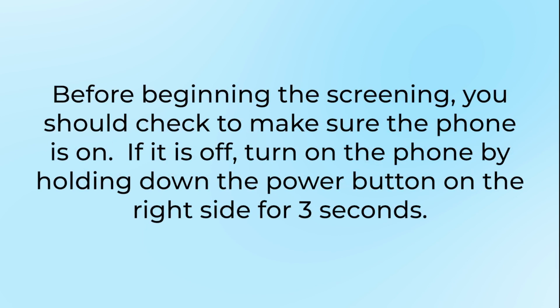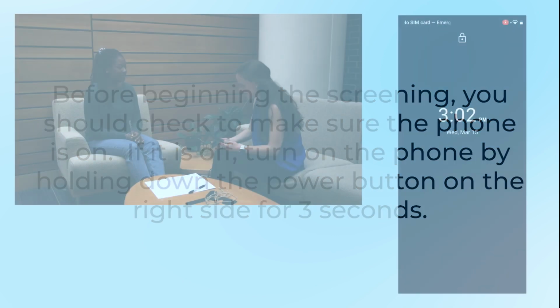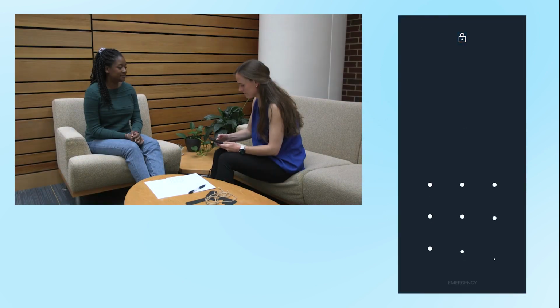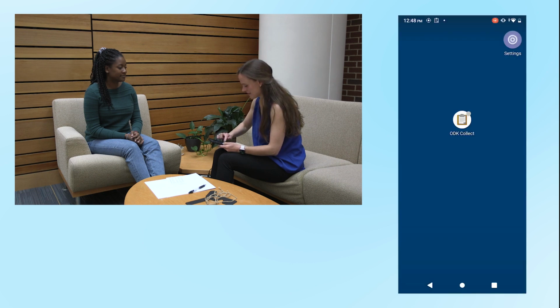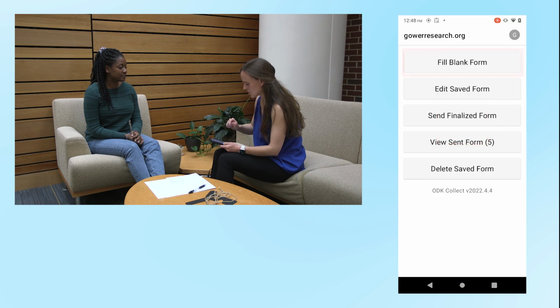Before beginning the screening, you should check to make sure the phone is on. If it is off, turn on the phone by holding down the power button on the right side for 3 seconds. Once the phone is on, unlock the phone using the password in the ODK Manual. Then, locate and open the ODK app. Select Fill Blank Form